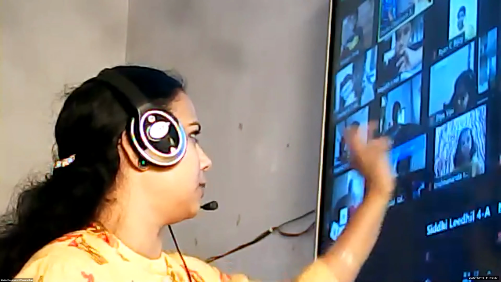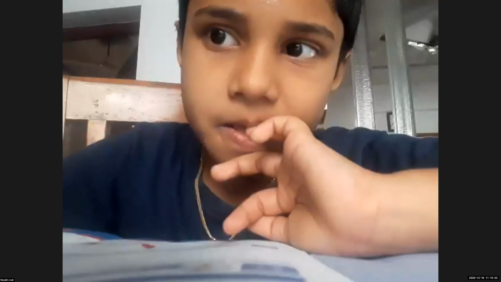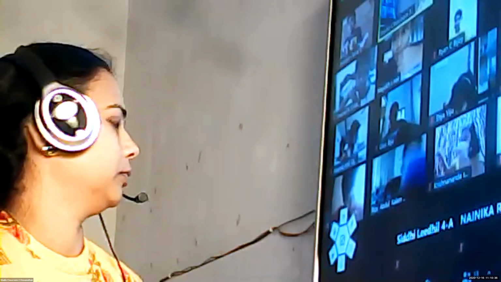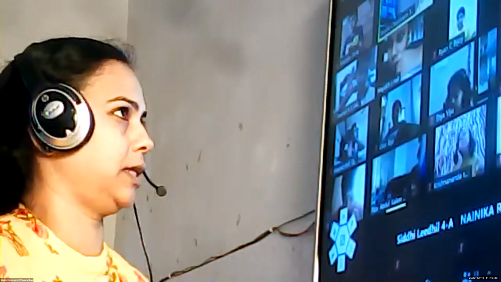Risa, question number 3. Dash makes a whole. Option D, 3 by 3. So children, whole means the numerator and denominator will be the same. If we are dividing a whole into 5 parts, then 5 by 5 is the whole. If we are dividing into 10 parts and taking all the 10 parts, that means 10 by 10. It's a whole. So if the numerator and denominator are the same, it represents a whole.